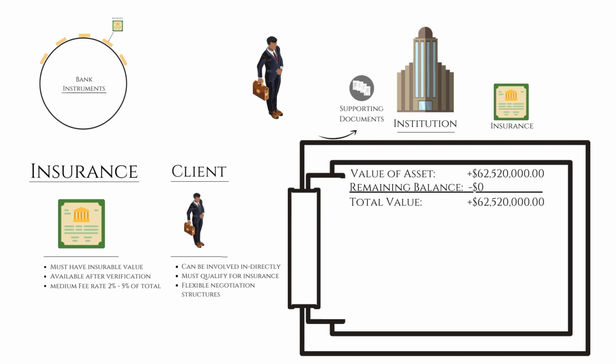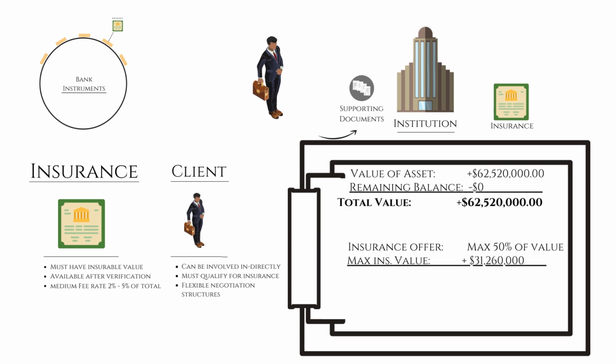Now that we have a better understanding of the positive and negative application of insurance, make sure your asset is owned outright prior to exploring additional options. The total value of the asset remains the same because there are no liens on the asset. In this example, the insurance can provide 50% coverage of assets, including in ground, making the max value $31,260,000. The fee for filing the insurance costs the client 2% of the total amount insured, creating a total fee